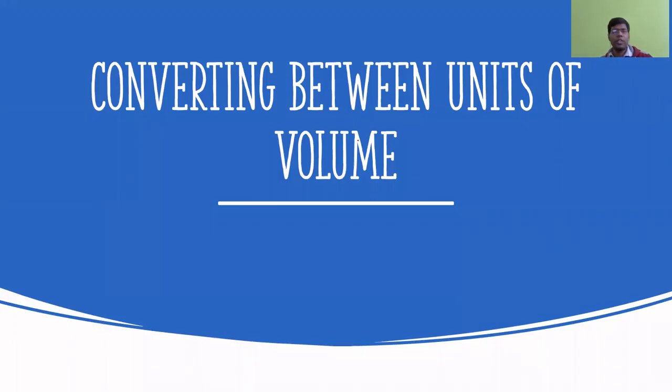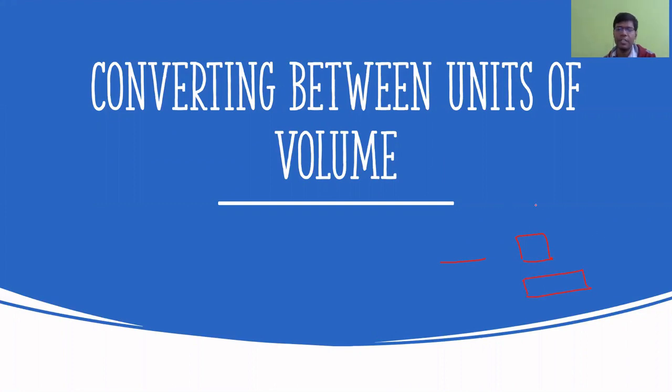So this was about converting the units of area. Let's go ahead and discuss the conversion of units of volume. As I mentioned, when we were discussing conversion of unit of length, it was just one dimensional. When we came to area, it became two dimensional. Length was just one straight line. When we came to area, it was like a square or rectangle, so it has two dimensions.